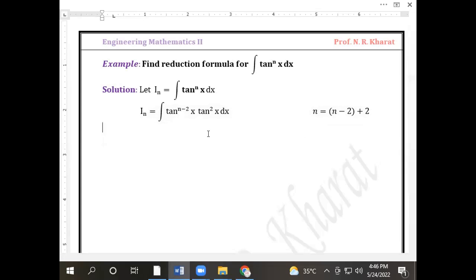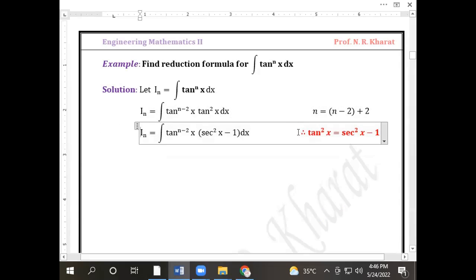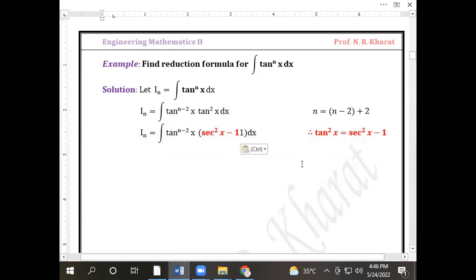We have to convert the tan square into sec square. So the formula for tan square is sec square x minus 1. So replacing the value of tan square, that is sec square x minus 1,